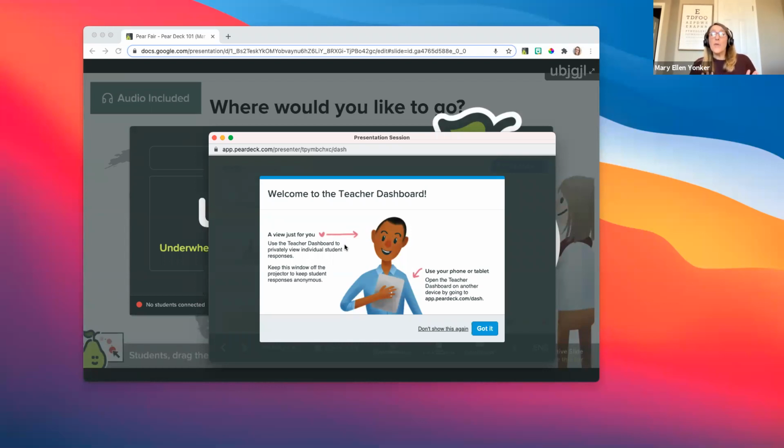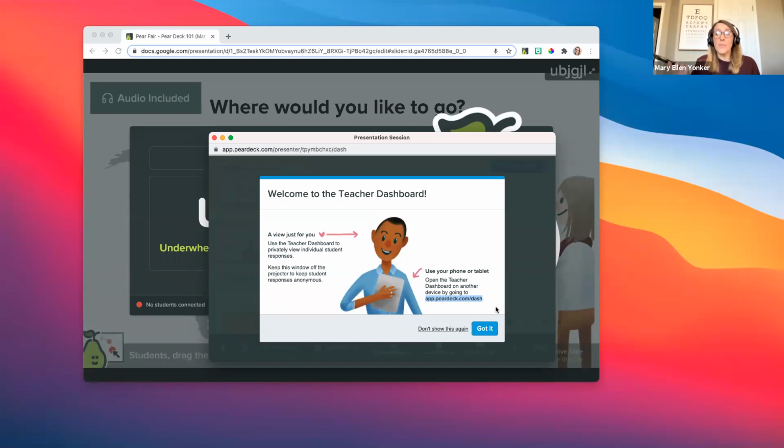So if you happen to have 2 screens, you can drag the teacher dashboard onto a second screen. If you don't have 2 screens, of course, you can use your buttons to minimize this, or you have another option. You can open the teacher dashboard on a second device.